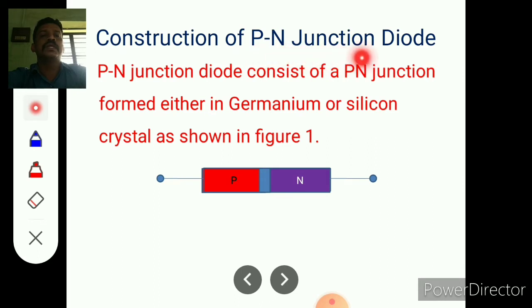Due to p and n, it is known as PN junction diode. Diode means two electrodes. It has two electrodes, one at p type and another at n type, so it is known as diode, and these two electrodes are anode and cathode. So this is anode and this is cathode. On anode there is always positive potential, on cathode there is always negative potential. So due to p and n type semiconductor it is known as PN junction, and due to two electrodes, anode and cathode, it is known as diode.